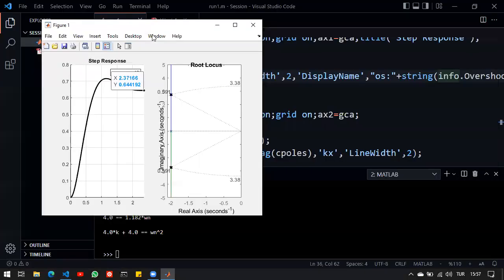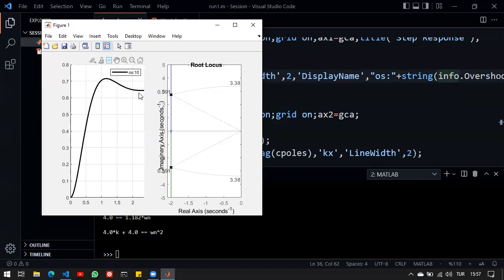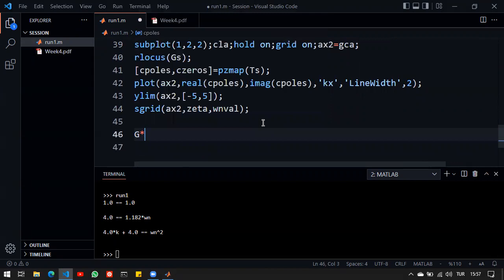In order to decrease it, at least, even if I'm not going to be able to get rid of it, I might decrease it a little bit. And for that, I have to increase the gain value. And the fact that I can do that is based on the following. We always use k times G(s), or basically the closed loop transfer function looks like this. And in steady state,